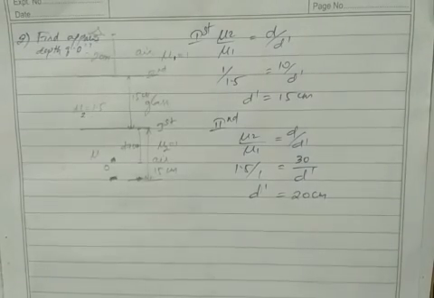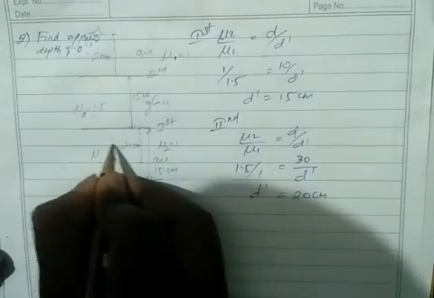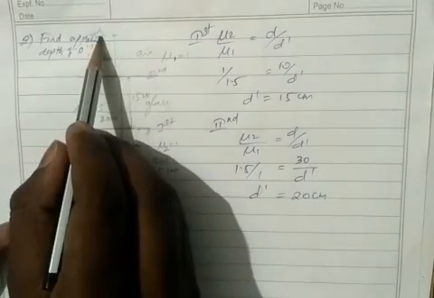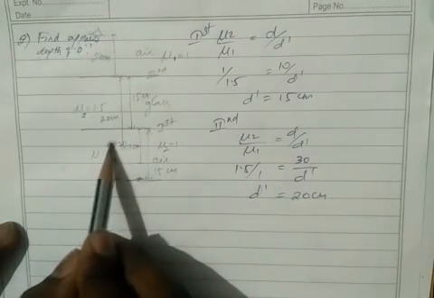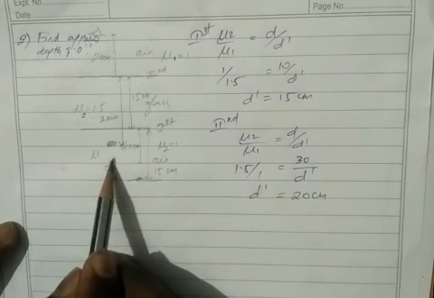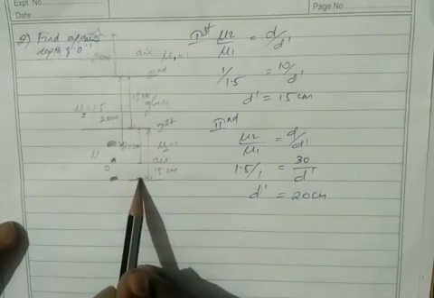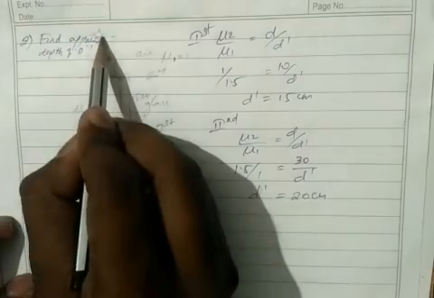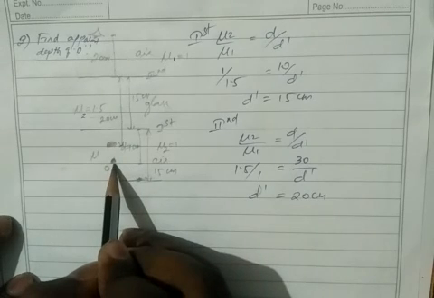20 centimeter from where? 20 centimeter from the second interface. So here we have 15 centimeter, then the object maybe looks here. So I can take this total distance as 20 centimeter. So this is 15 and this is 5. If a person sees from the air, the object is situated here. This is the actual object. When you look from here, it is situated here, very far. But when you look from here, it is situated very near. This is the actual distance.